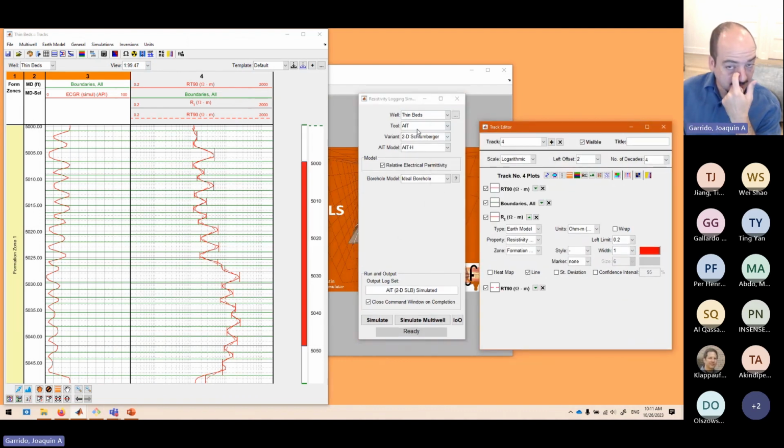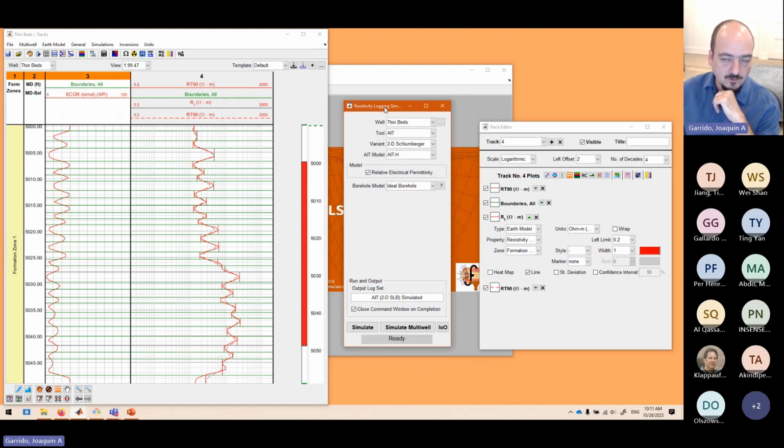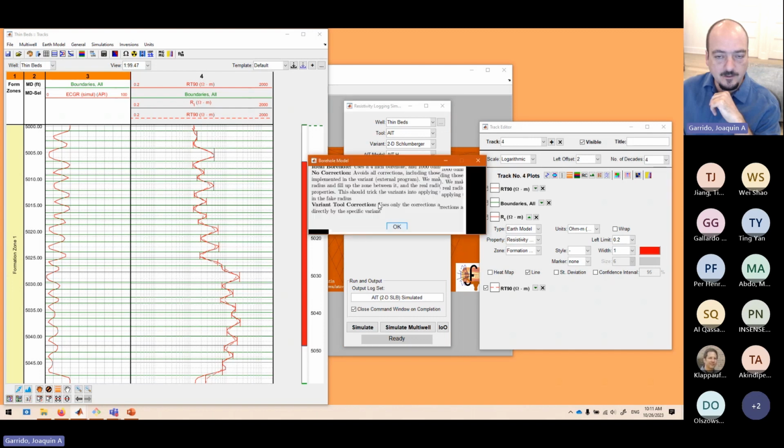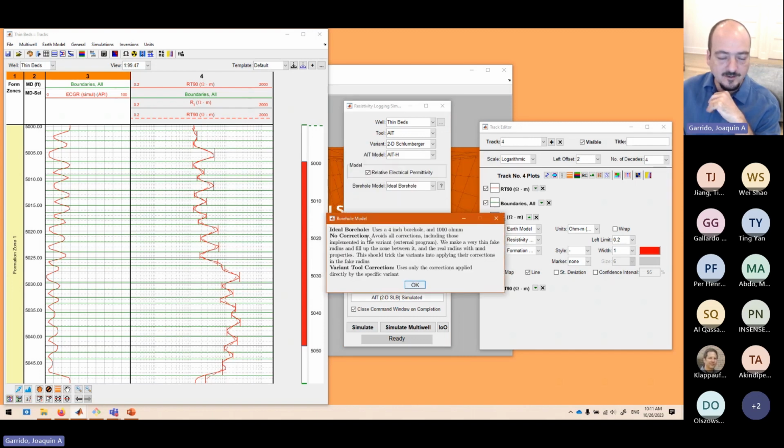using an AIT. This is AIT to the AIT-H. This is another tool, of course. And we have this ideal borehole case. For 2D simulations, we have 3 different scenarios. We have the ideal borehole, which is what most people will use. In most cases, this is what you can compare to what the service company is